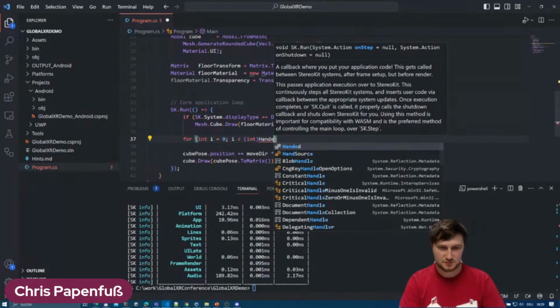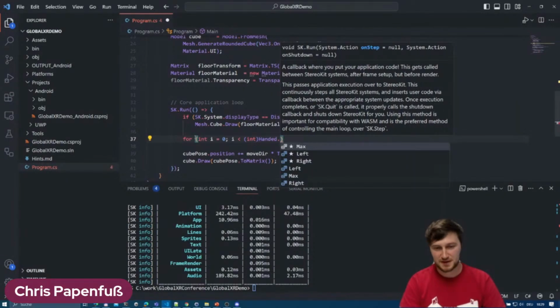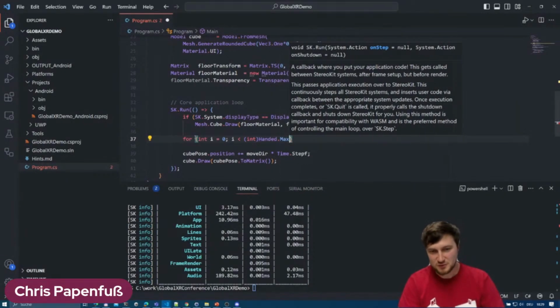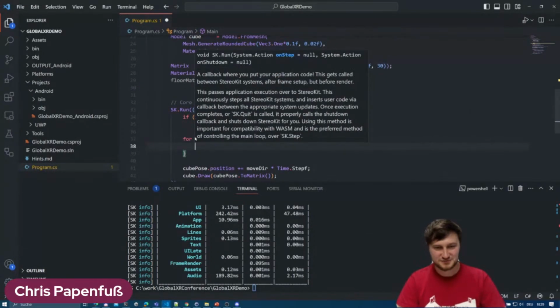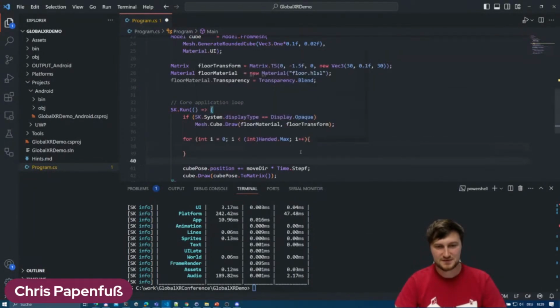So there's an enum which is called handed, and it has even a max value. So of course there should only be two hands, but still it looks nicer, I think, to use it this way. So now I iterate through all the hands. So there are only two for now, but